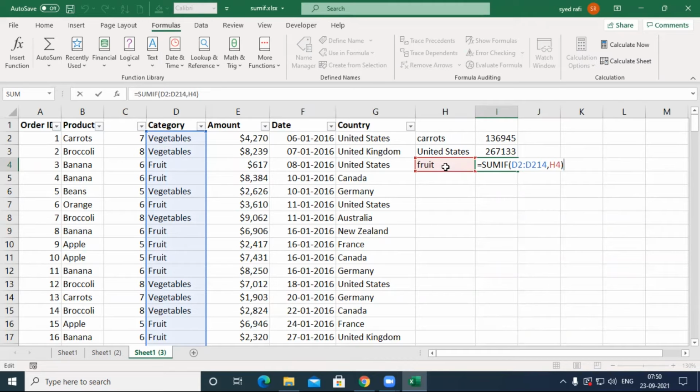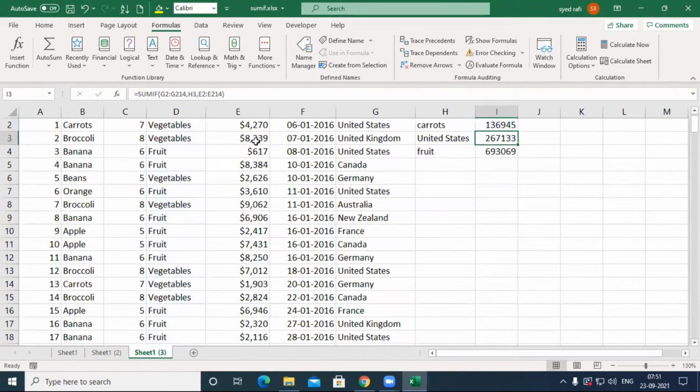Sir, the first letter should be capital for fruit. No, capital, it is case insensitive. Case insensitive means capitals and smalls are both equal. Case sensitive means, for example, a username and password. SUMIF, one argument should be numeric, right? Yeah, nice. We missed one argument. Sum range. Sum range, sir. Yes, nice. The last argument we ignored. That's why it gives a 0. Comma, you must select the last argument, and then we get this value.